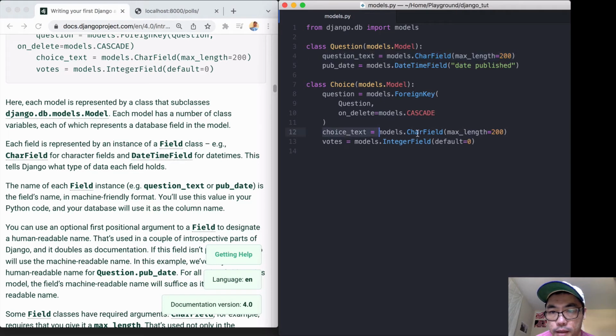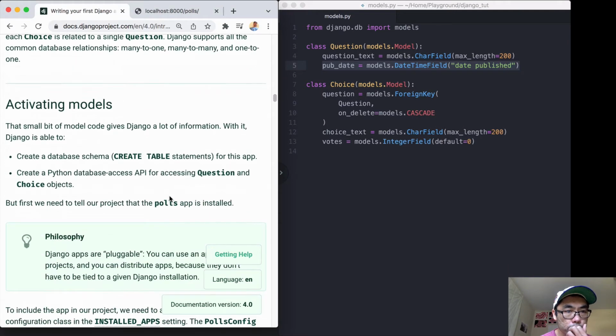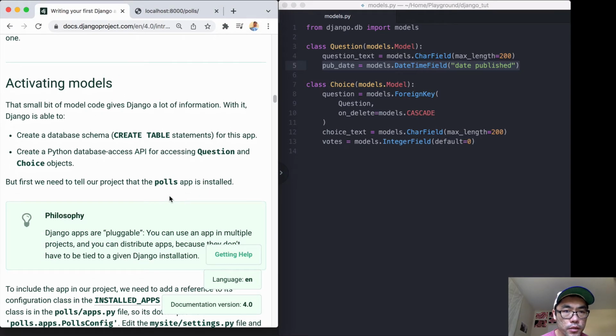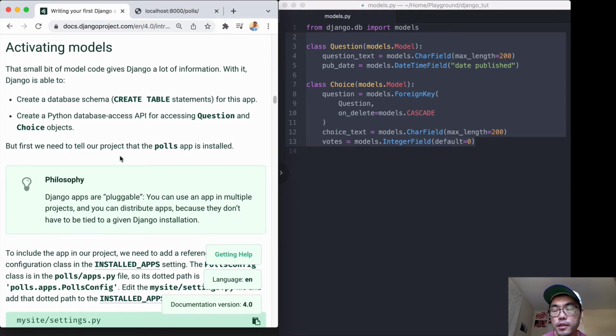And then this is a char field, which is just a string field, and then votes is an integer field, and we also have a date field here. Okay, so let's activate these models. We're going to turn these model definitions into actual database tables, and the way to do that is